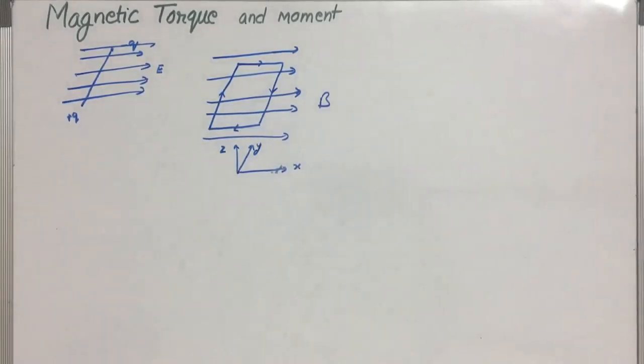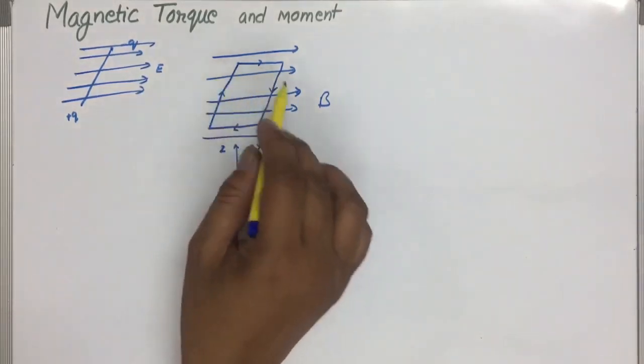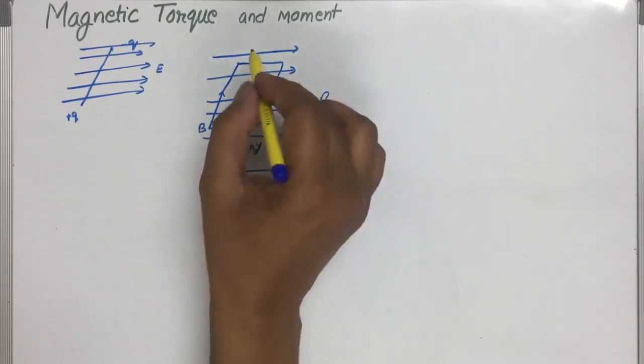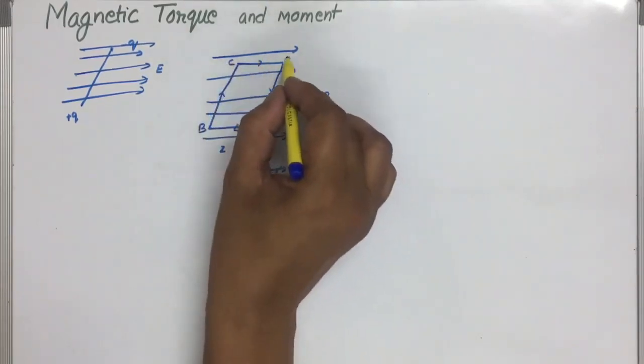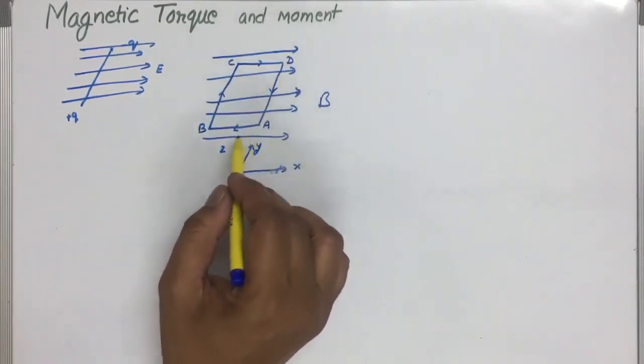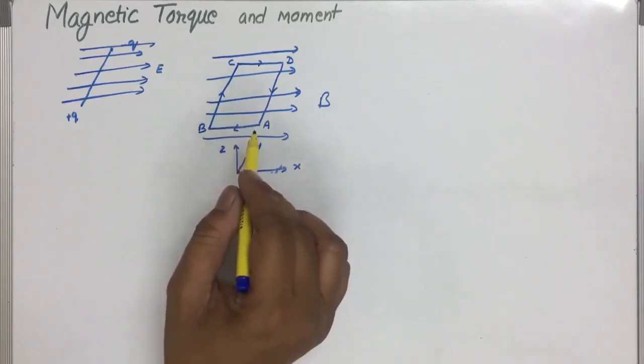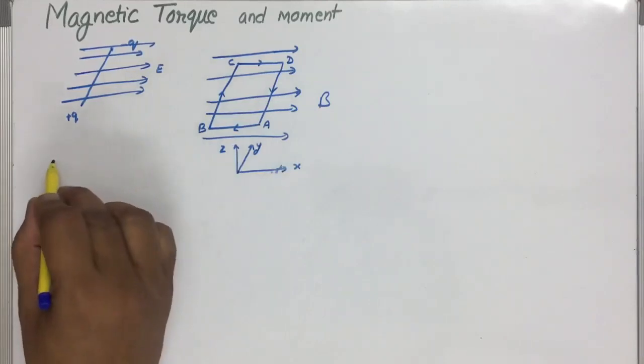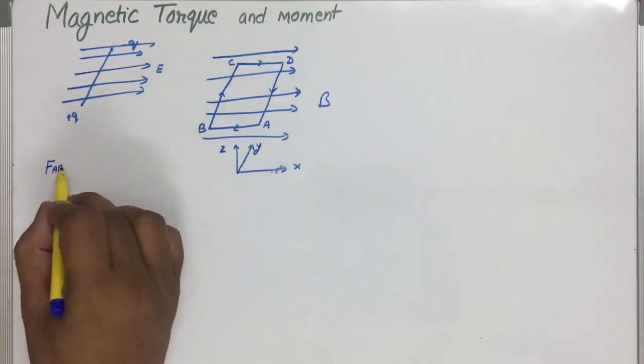Okay, if we have this configuration, then before coming to the torque, let us try to find how much force will be experienced on this loop. So consider a few points there, A, B, C and D. So there are 4 sections, let us try to find the force acting on them. So the force at this section, this part of the loop,